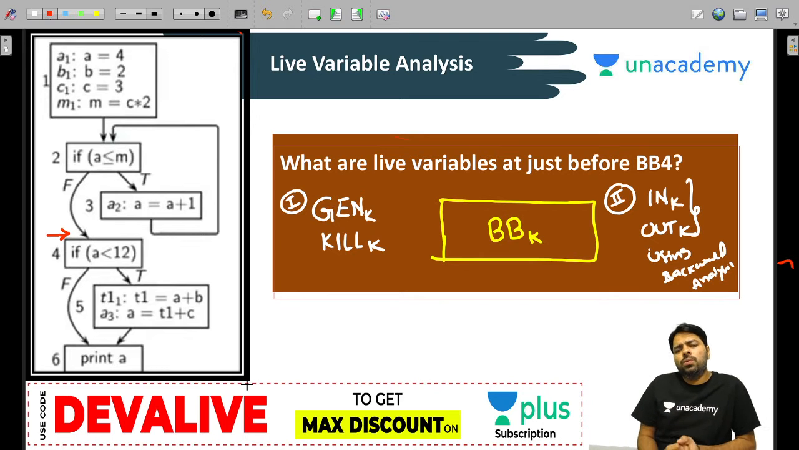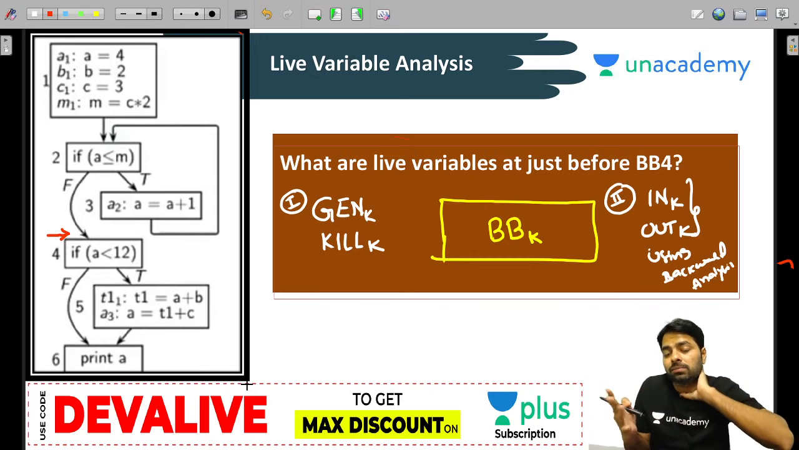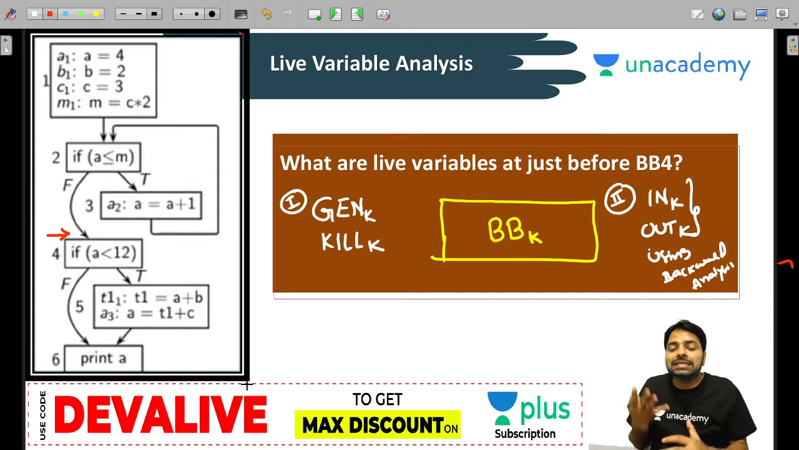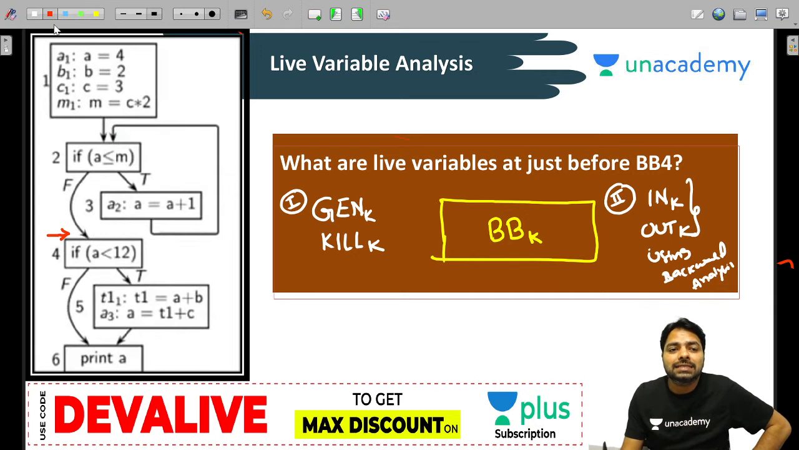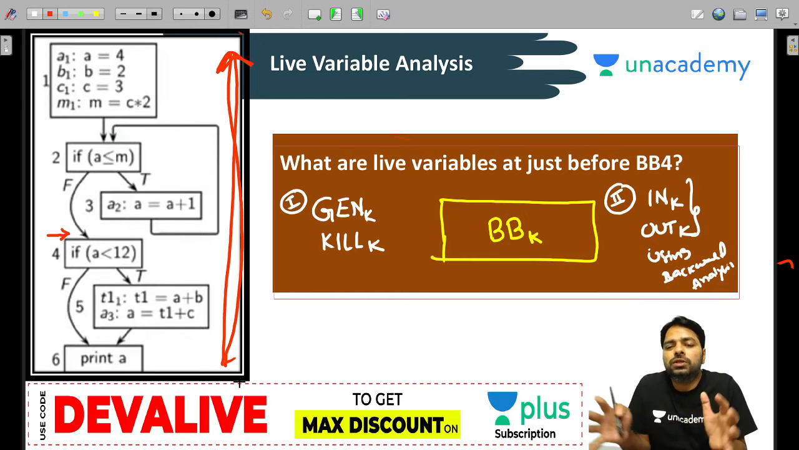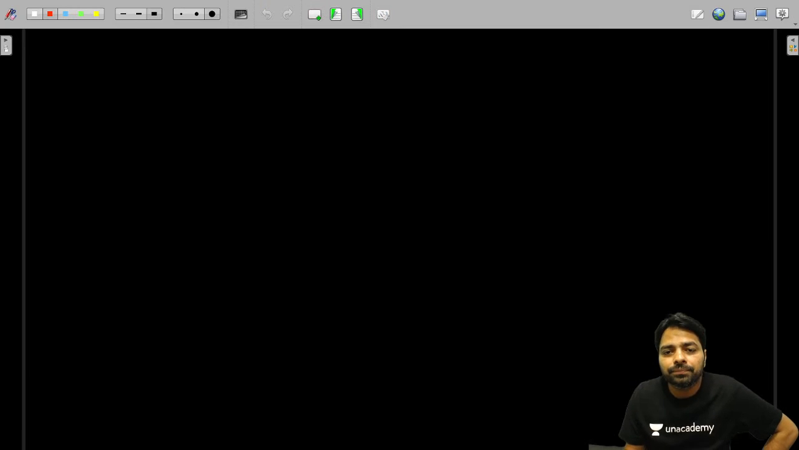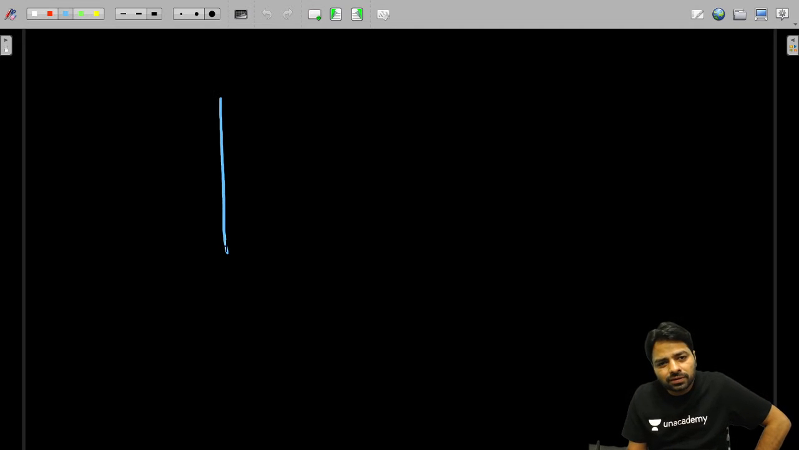Right. So now it's very important to understand how to compute the gen and kill sets. Now forget about live variables. Now we are doing the analysis of the program, and this analysis we are going to do backward. When you don't have loops, it's very easy. When you have loops, you need to do certain things. So for that, I'm trying to help you with one thing. First, in the backward analysis,